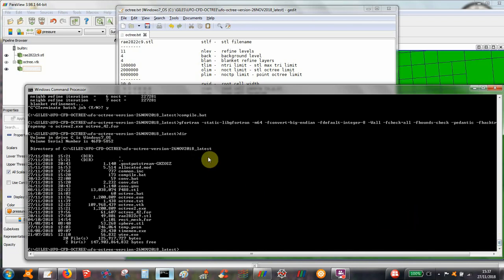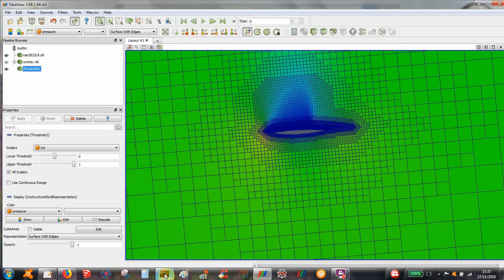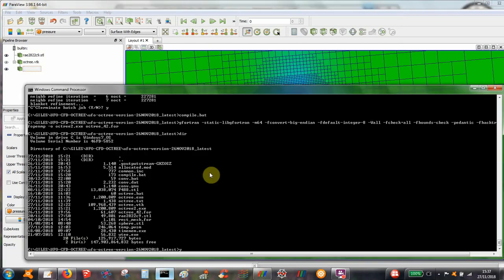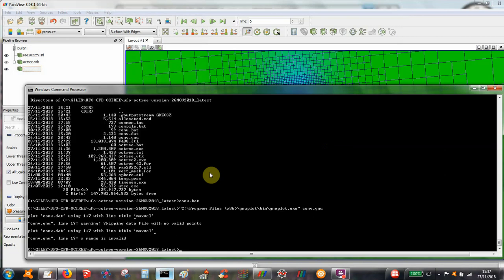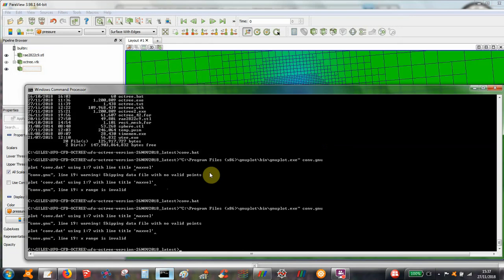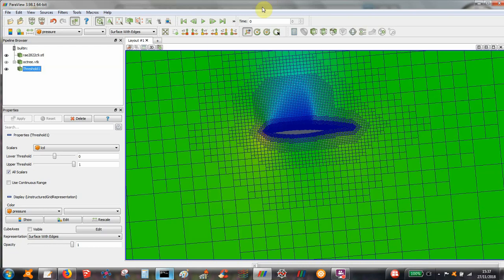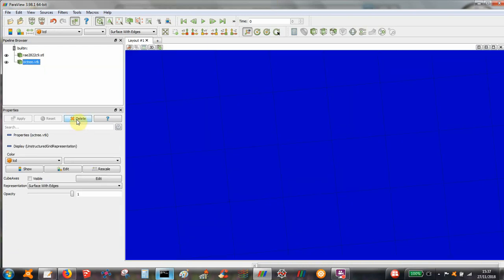So it does take a while to run. So let's look at the convergence. Convergence file has disappeared. And if we look at the solution,